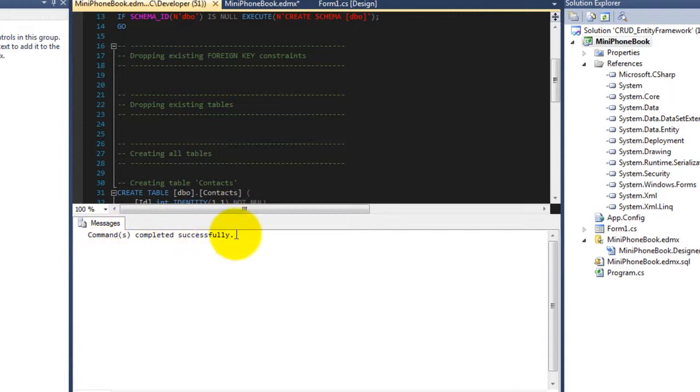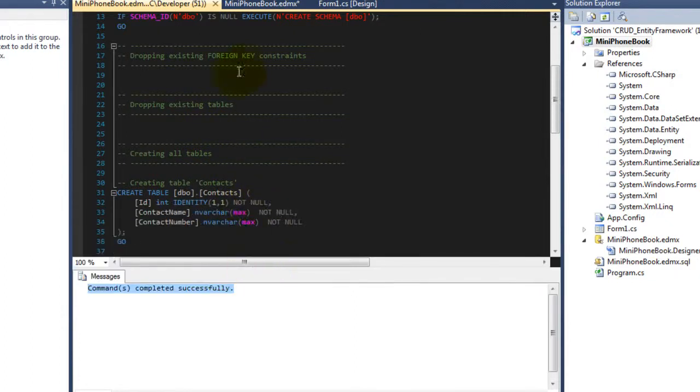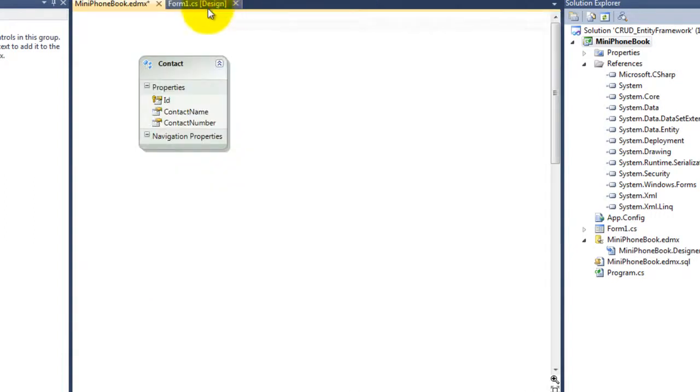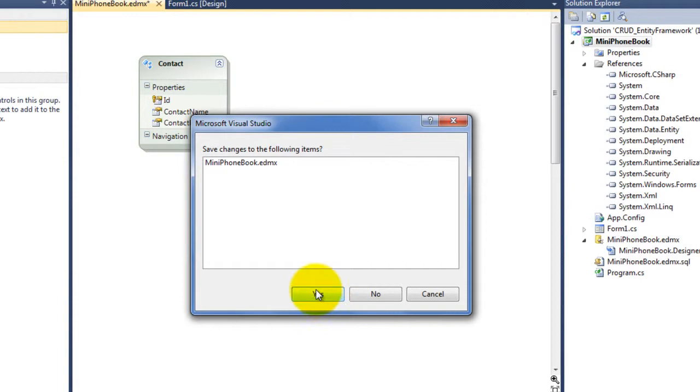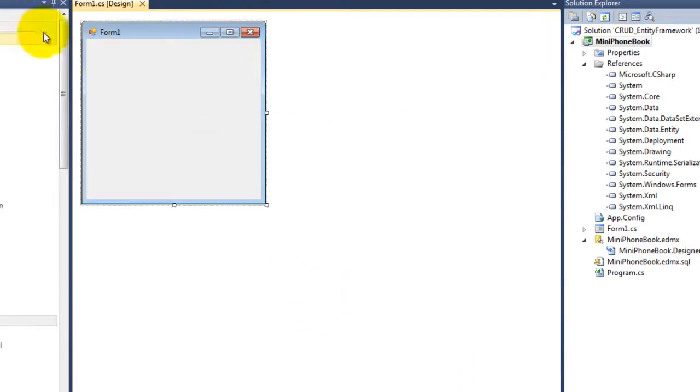Okay, script runs successfully. So now we have created the database using the model first. Okay, and then let's close this one. And okay, let's click on this yes. And then here we are again at the